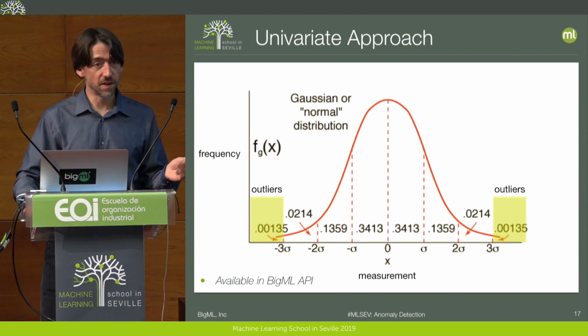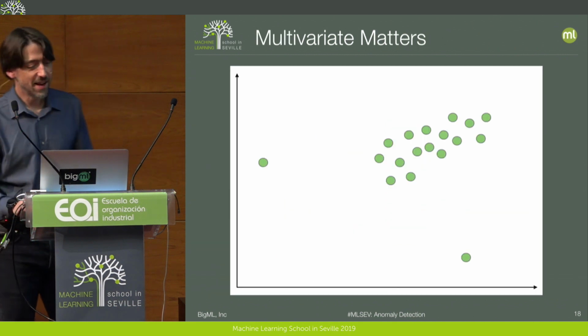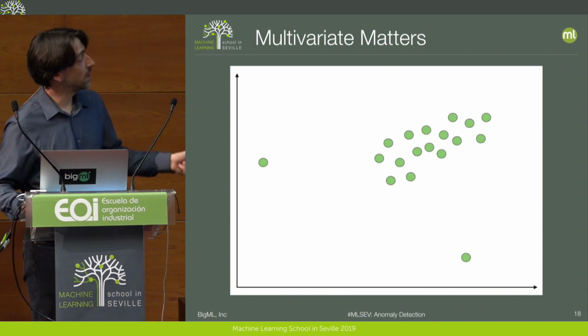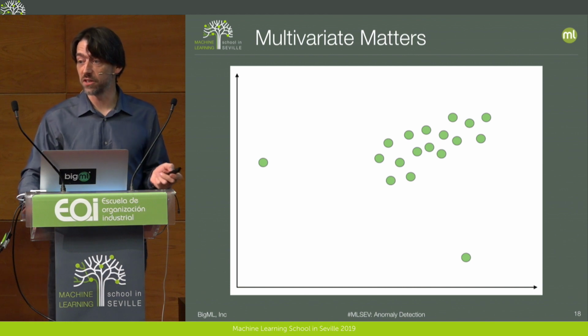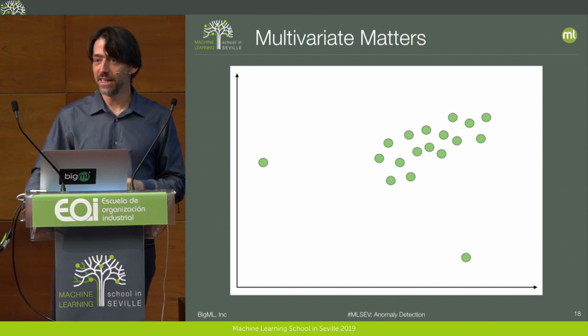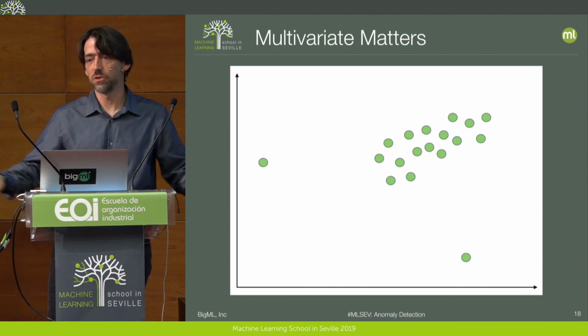Okay, it can be very effective. It can also be horrible. And the reason why is that multivariate matters. So here we have a data set, and I can ask you where are the outliers in this data set, and you go that one and that one. Okay, right? Easy. But now we're thinking, remember, about 1,000 features and 1,000,000 rows, so it's much harder to